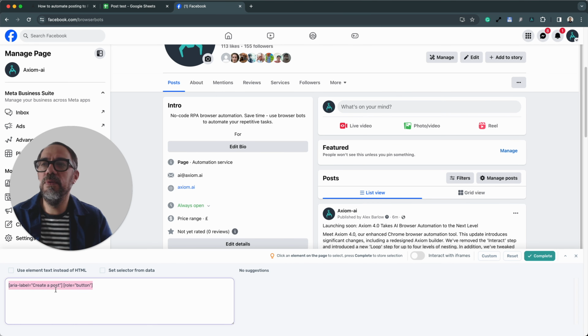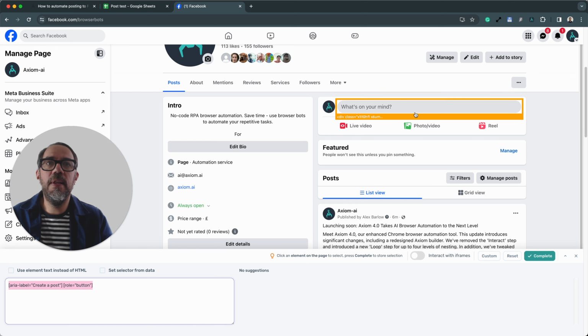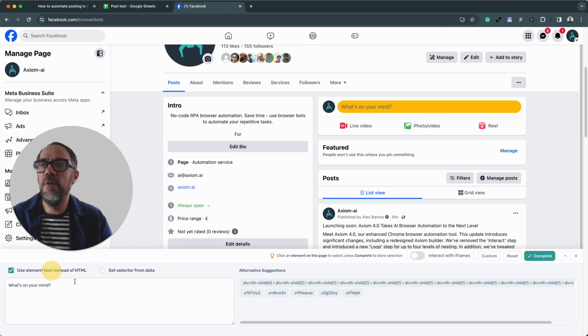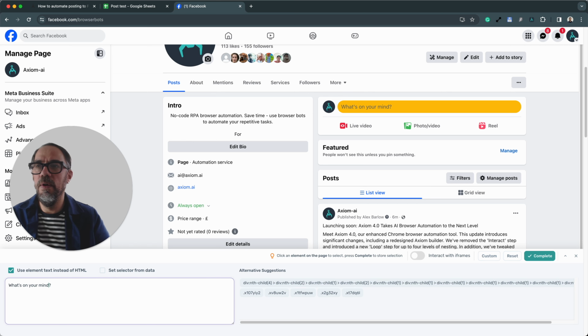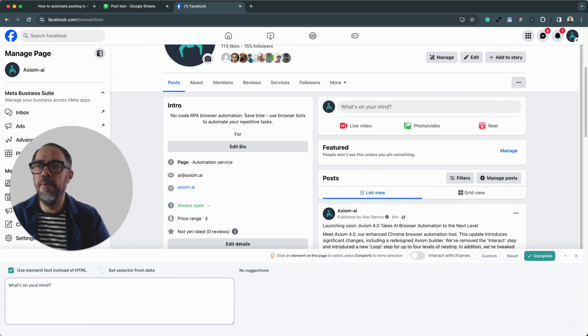But you can also just select the element and try using the text inside the element instead. But if you do decide to do that, keep an eye out, because like I said, sometimes it says what's on, I think it does something like this, Alex's mind. So keep an eye out for the text changing,